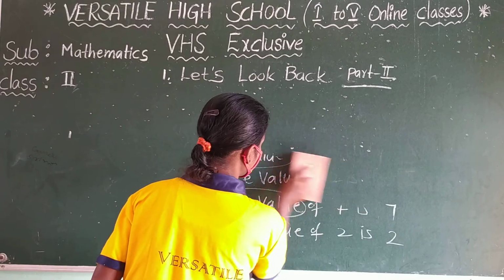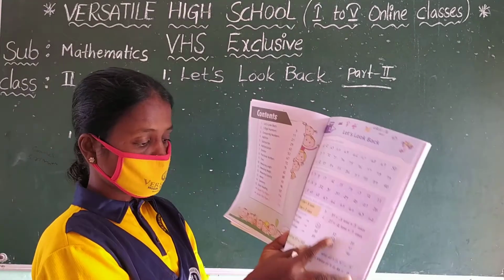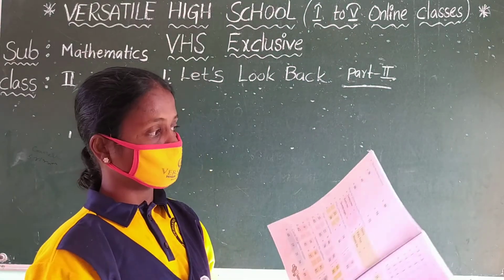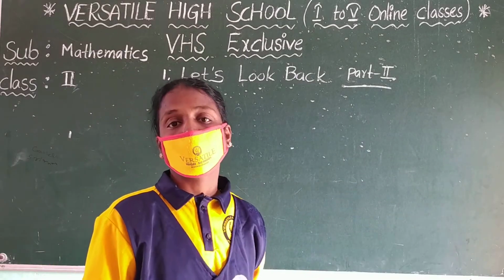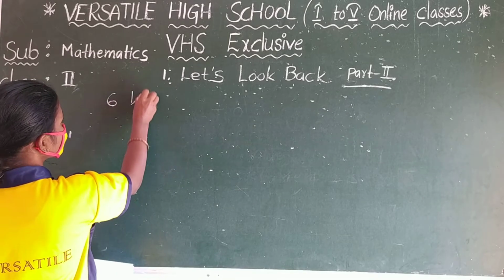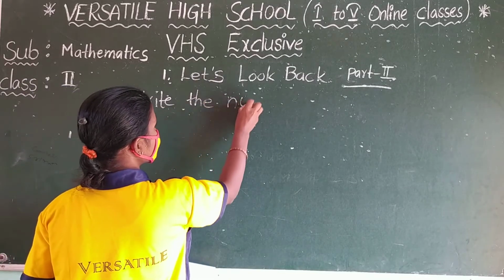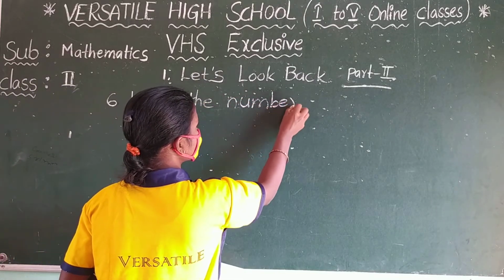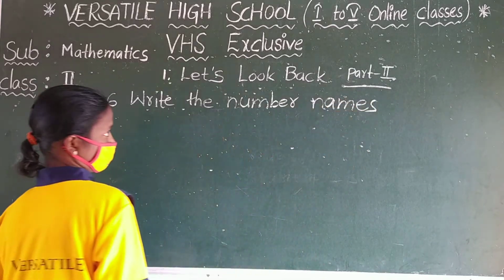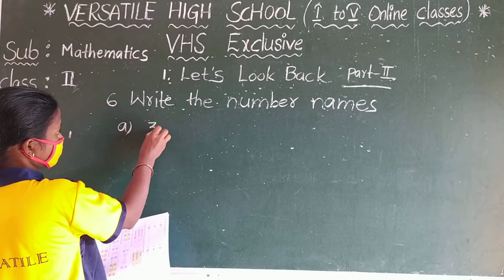Now, look in your textbook, page number 6. Open page number 6 and observe the 6th bit. Write the number names. What is the 6th bit? Write the number names. Here they are giving us A, 36,